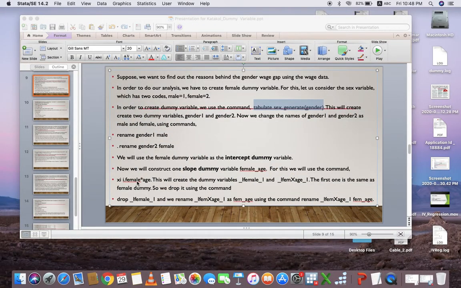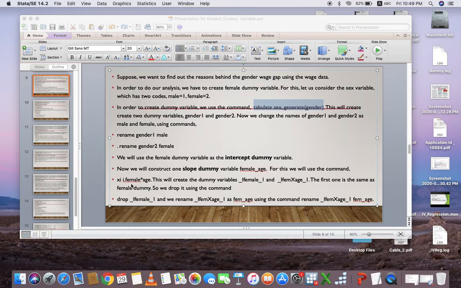Now, we have created the intercept dummy variable, the female dummy variable. Now, we have to create one slope dummy variable, and we take the quantifiable variable which is age. So, we have to create the slope dummy female age.